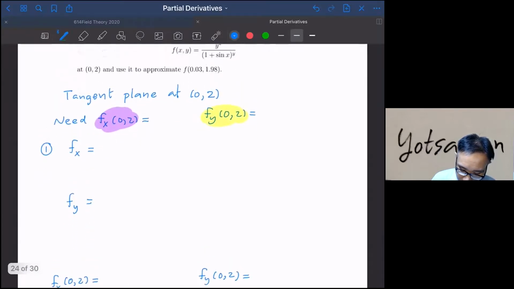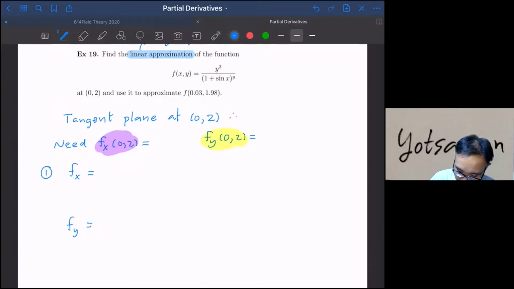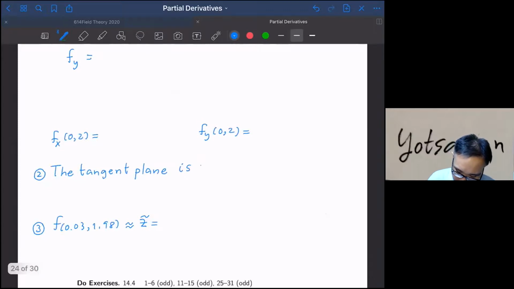So for the tangent plane at (0, 2), you're gonna have that 0 equal to f(0, 2). Here 0 will be your x0, your 2 will be your y0, okay? And z0 you just plug in y and x into the equation. So you get 4, right? So you're gonna have z minus 4 equal to x minus 0, and you have y minus 2, and we